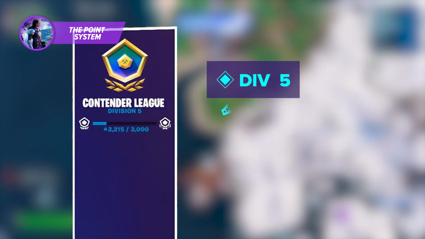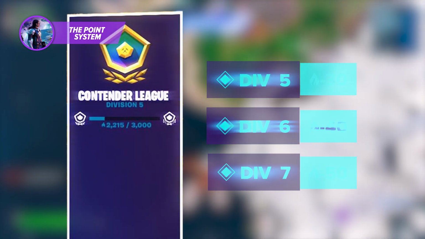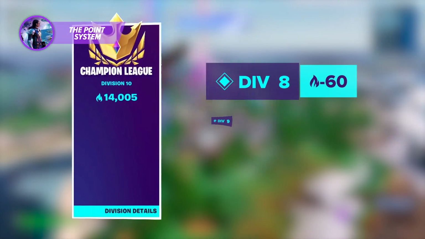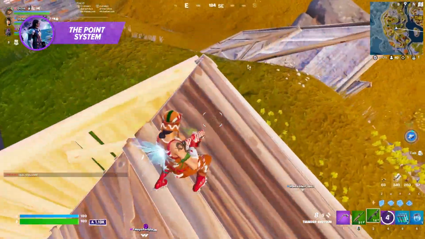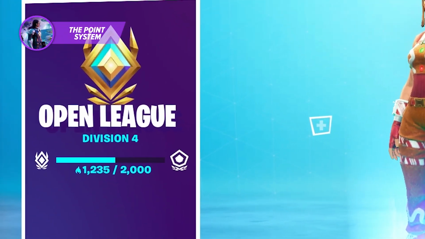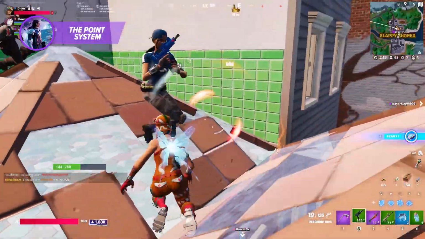For Contenders 5, there's 30 bus fare along with 40 and 50 bus fare for Division 6 and 7. Once you reach the Champions League, you'll be faced with 60 bus fare, and then a devastating 70 bus fare in Divisions 9 and 10. You may not be too concerned with the Champions League bus fare since you already reached your goal, but you need to be careful. Remember, you can still D-rank out of divisions and leagues. That 60 and 70 bus fare can catch up to you rather quickly if you aren't playing to the best